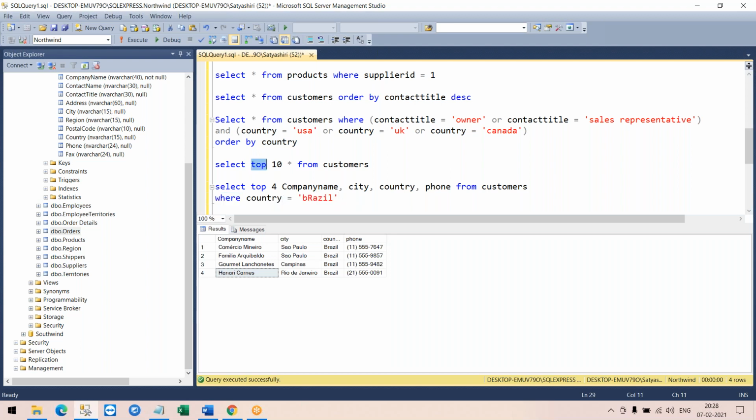Now, when you have top customers, there is one more query. Is it possible to select the last customers? It's like we are selecting top 10 customers, right? Is it possible to select the last 10 customers, whoever registered last?